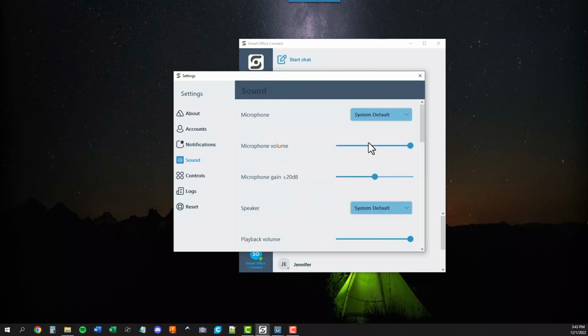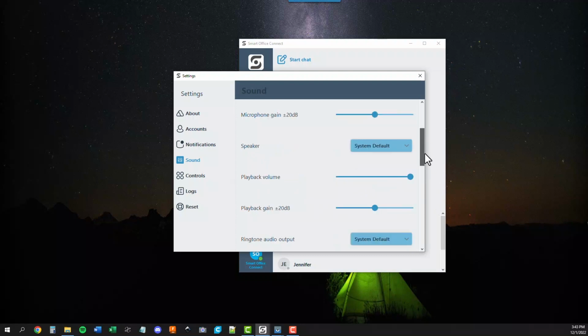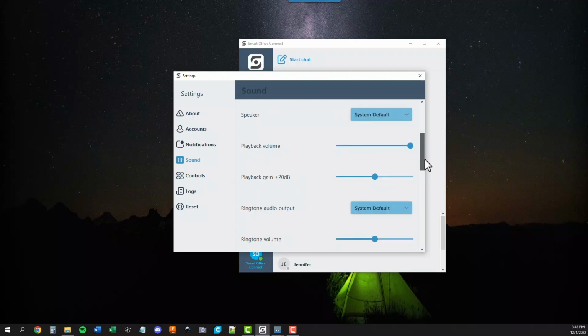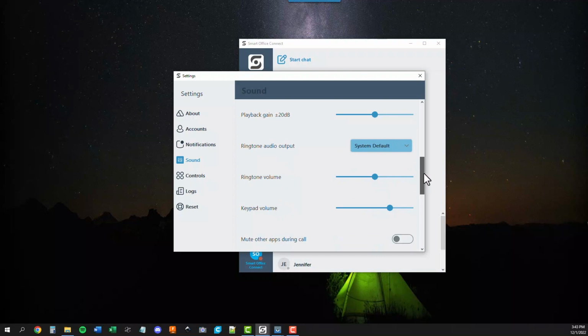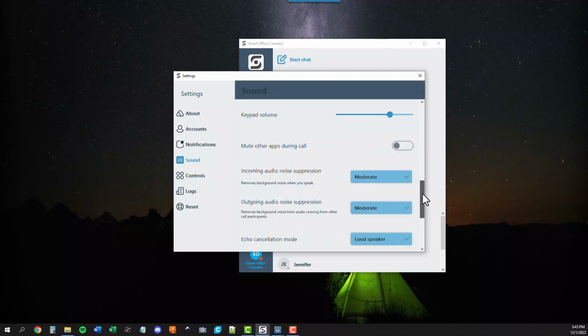Under sounds, this is your sound settings for your computer, so which microphone you want to use, which speaker system you want to use. If you need to adjust the volumes or the microphone gain, you have the ability to do so here. In addition to that, if you wanted to change the settings for your speaker or your ringtone audio output, all of these things can be done from the settings within the